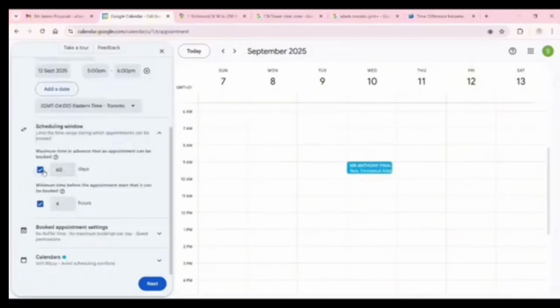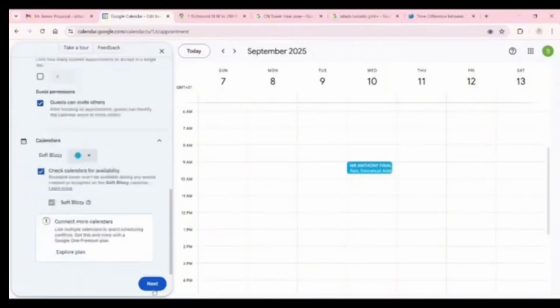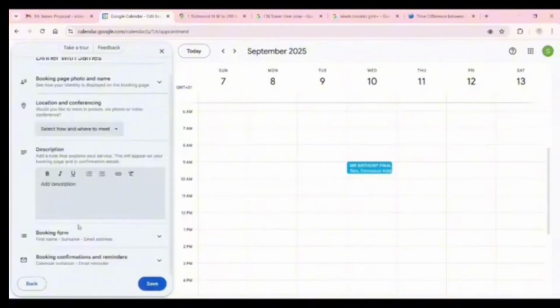Then obviously it's a dinner. You're making a reservation for your boss, so it's definitely not going to be 60 days. So remove that 60 days button. It depends on how many hours. If it's 2 hours, 1 hour, you input it. Click next. You don't need all that. Click next. And you want to add a description, like what's happening at the dinner, the purpose of the dinner,